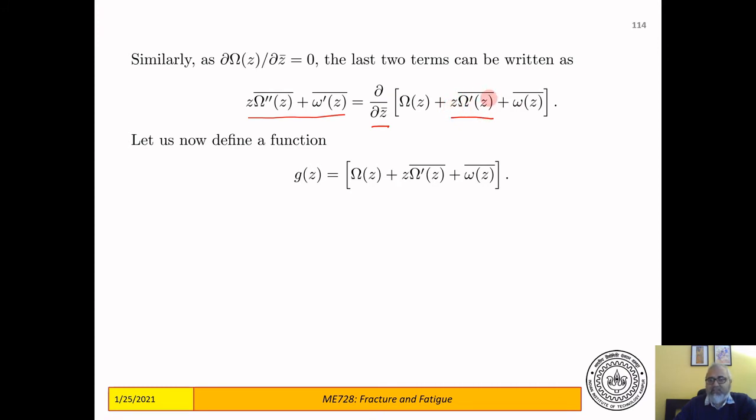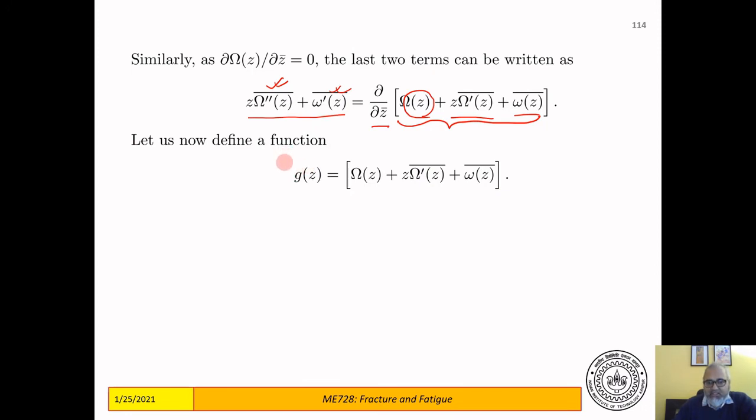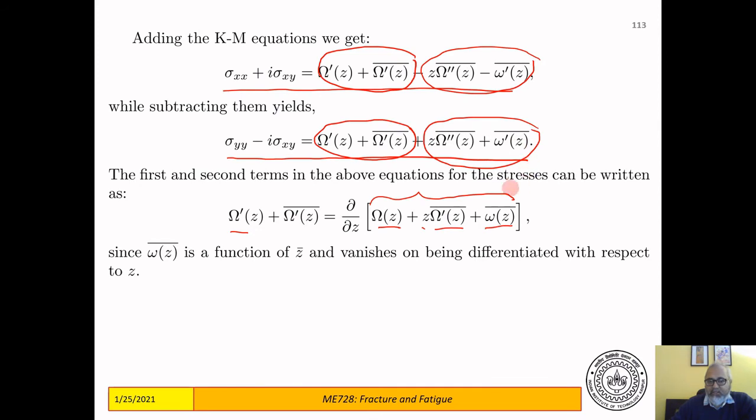This doesn't get affected. This gets affected. So this term is del z bar of this, and this term is the del z bar of this. Again, this is a function of z, and del z bar of this is equal to 0. Now this function and this function are both the same, so we give it a different name and we call it g(z). So g(z) is this, so that this is del z bar of g(z), whereas this is del z of g(z). Okay, so these are the two equations, and now this will become